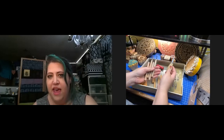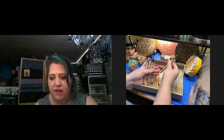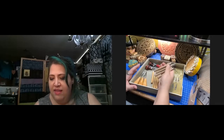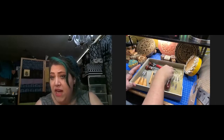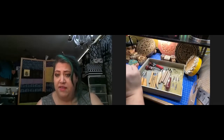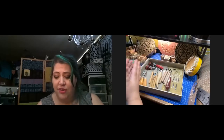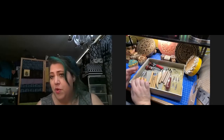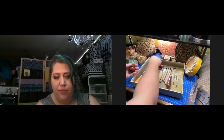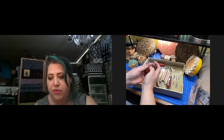So, starting out with this little cheapo set can tell you whether or not this is something I want to do again and I'm going to invest in higher quality, or I am done with this and I don't want to touch it again. And I'm only out $1 for a set versus 10 to 20 to 40 to 50. I think I have a whole set of about 8 of these, and I believe this was about a $50